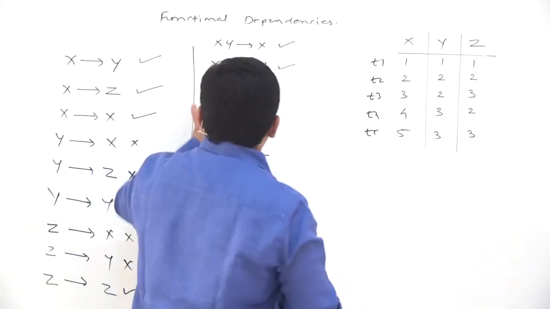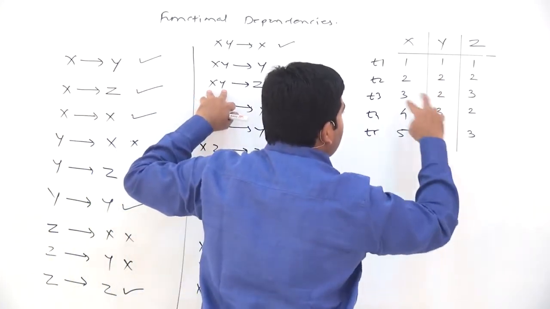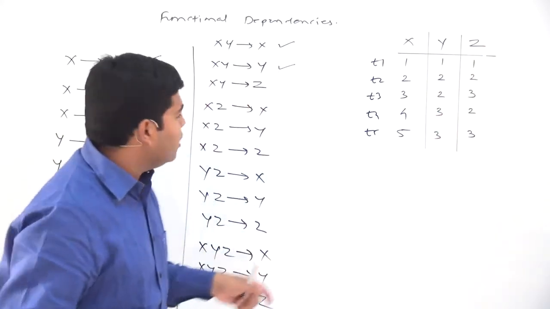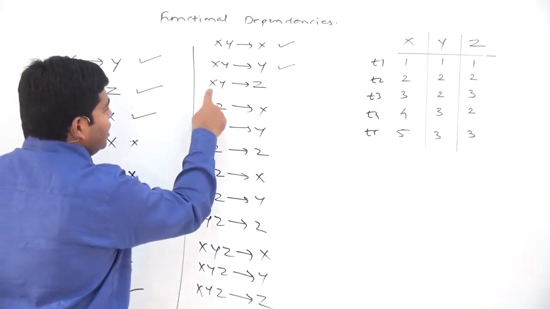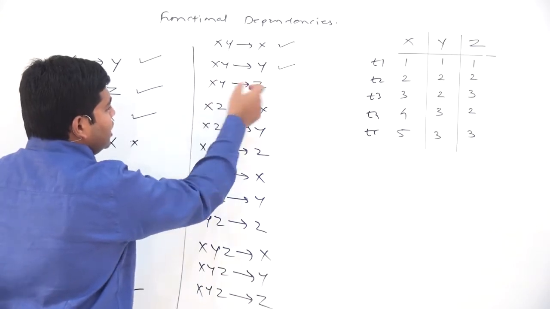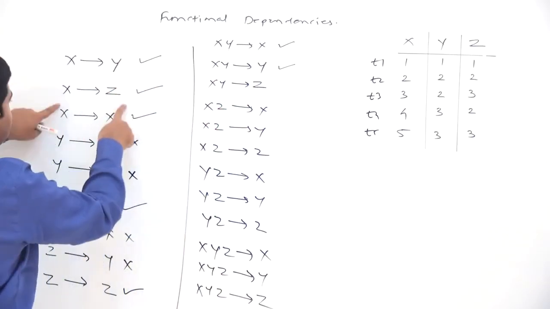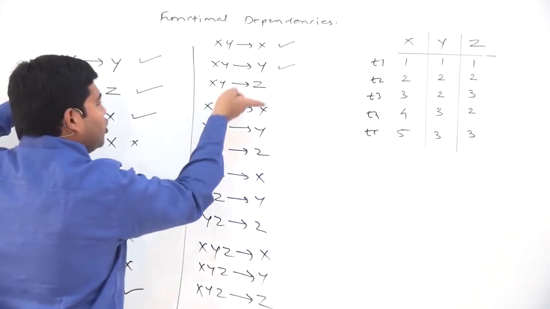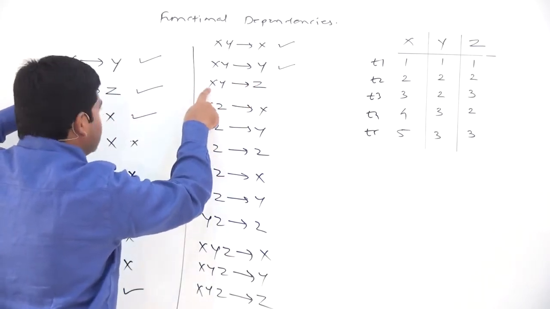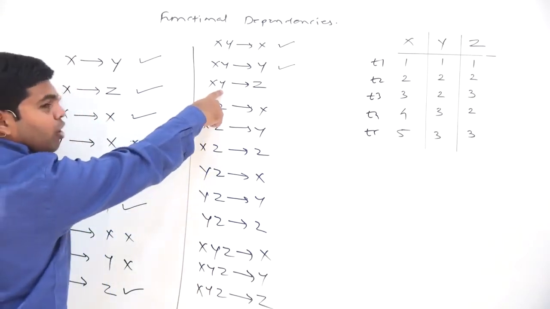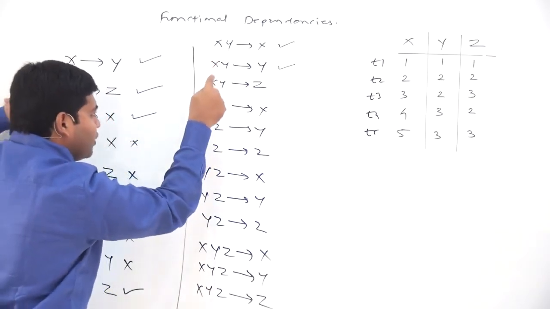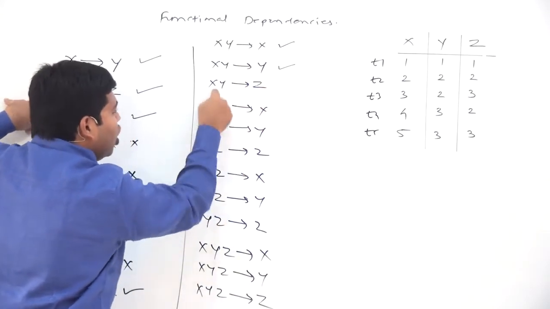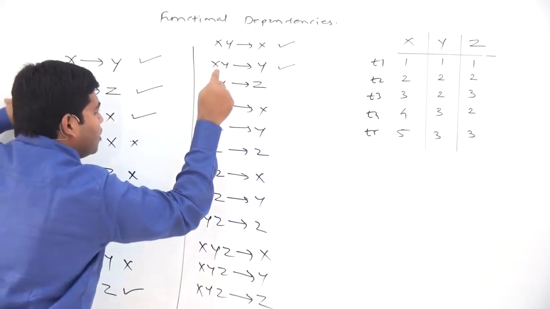Now from x and y, if I tell you a value for xy, can you give the value for xz? Yes, you can, because x alone is sufficient to answer the questions regarding z, as we have seen here, from x alone you can determine the value of z. Here I am providing you additional information. I will provide you information about x, I will also provide you information about y. We have the value of x, we have the value of y, we can always determine the value of z, not because of the value of y, but because of the value of x.